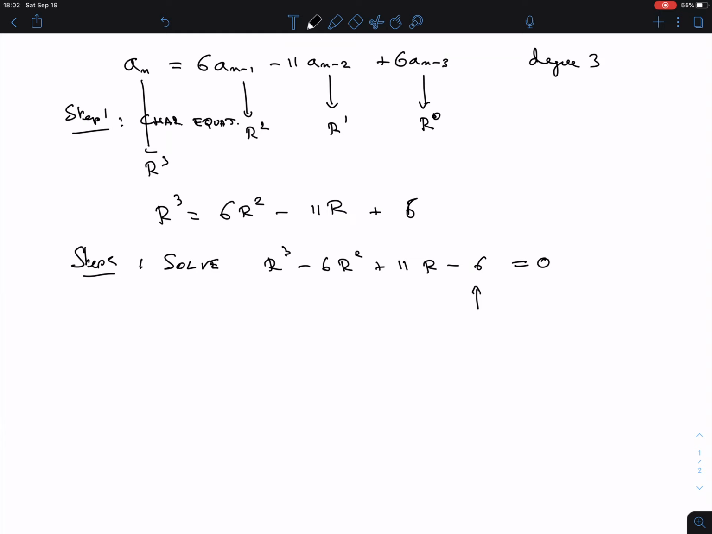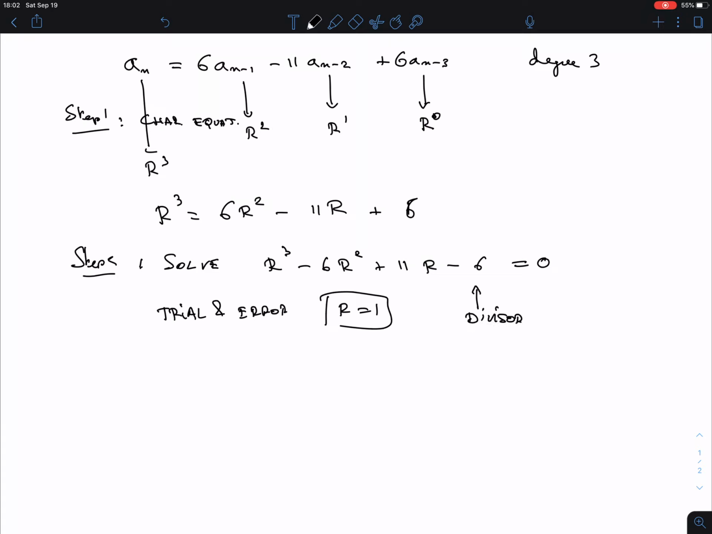But if I already plug in 1, I'm lucky here, right? Because plugging in 1 is somehow the easiest of all things, so let's always try that first. That's 1 minus 6 plus 11 minus 6. That's actually 0. So we see by trial and error, we find that r equals 1 is a solution. Now, I repeat,